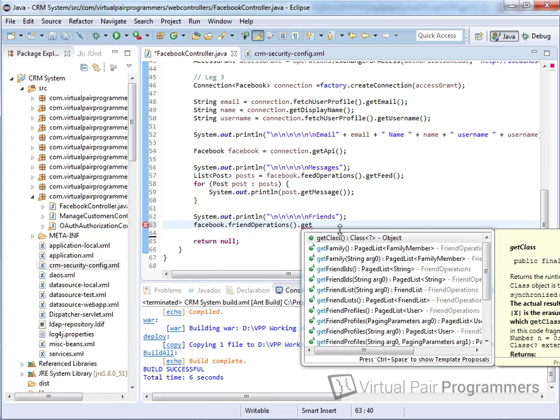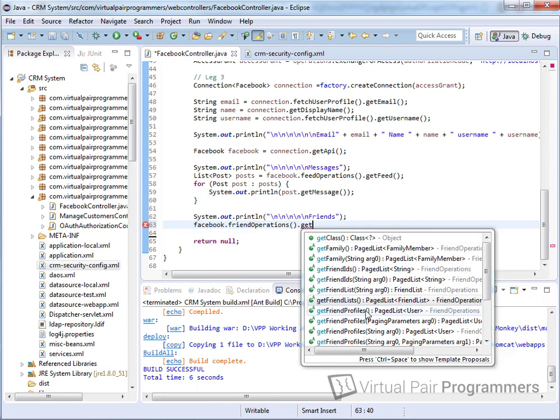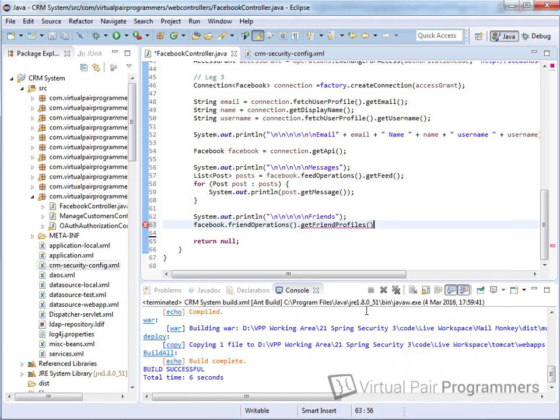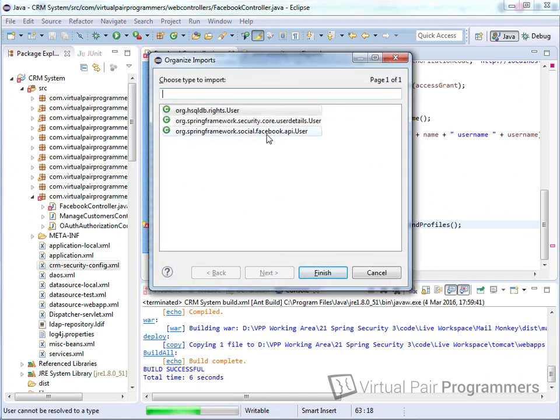And we should be able to call get friend profiles, looks like a good possibility. And that is going to return a list of user objects. So usual imports, the user from Facebook,